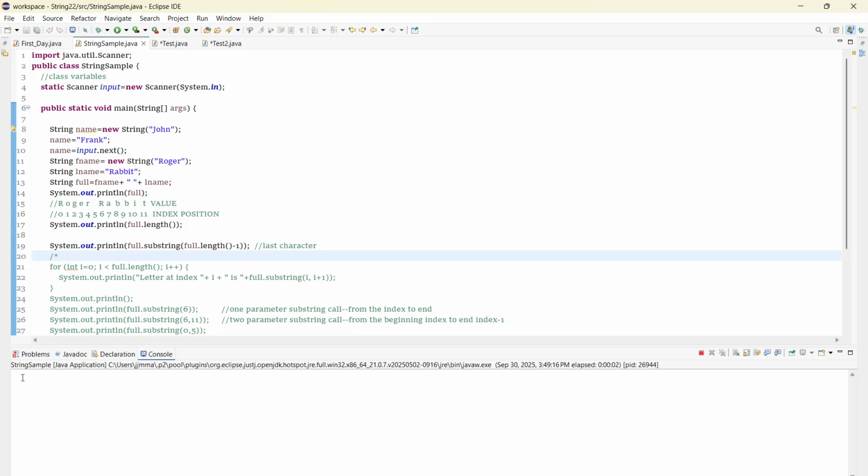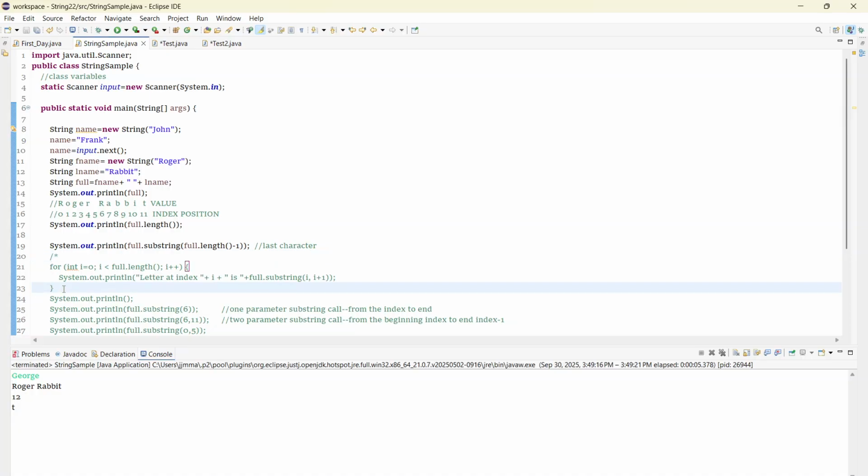Again, it's prompting us for entering in a name. And we get T, which is the 11th character. But what's interesting is there is now a method, substring, to break down the string into subparts. And, well, there's two different substrings. I'm going to just skip this part here